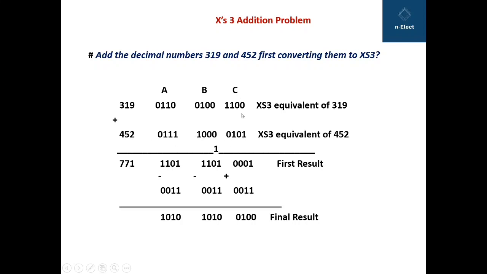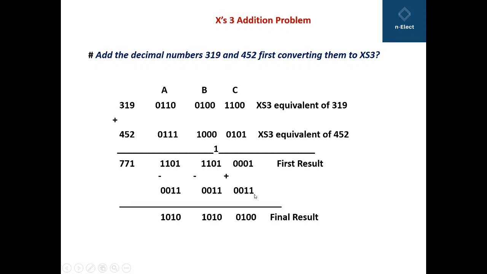When we perform the addition, we will get this 1000 and 1 carry, meaning carry is moved from this place to this place, so we have to add 11 to this side. Now here you will get 1011, no carry transfer is there, so you have to subtract 0011 from this number. And here 0 plus 11, 1 plus 1, 0, 1 plus 1 plus 1, that is 1, and 1, so 1101. Again you have to subtract 0011.